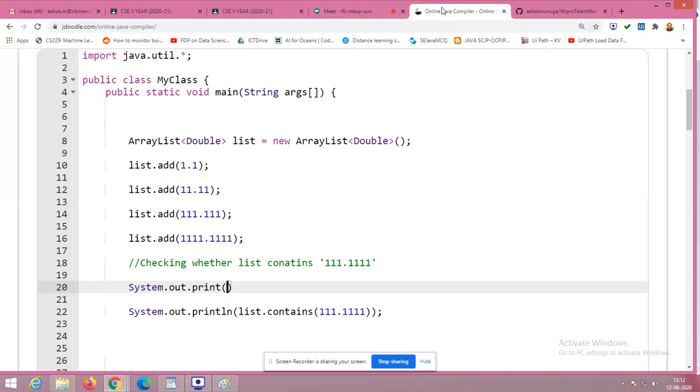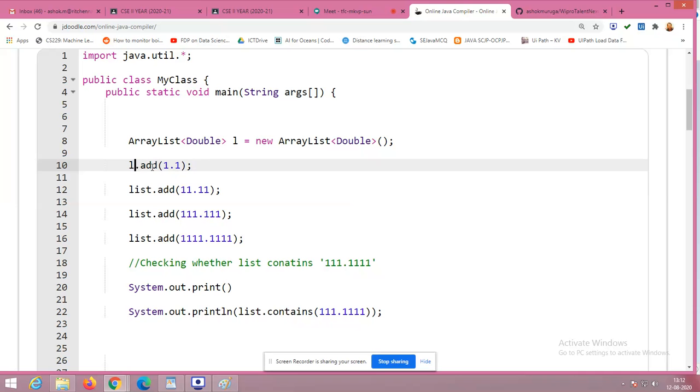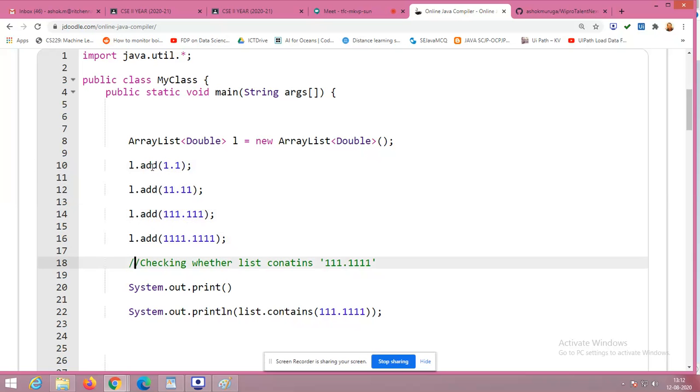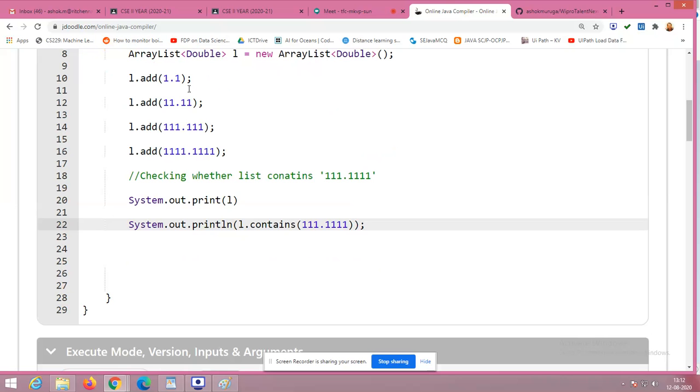See, you don't need to stick on this, right? List, everything. I can make it because conventionally it is giving very good meaning. Instead of that, I could change it to L. So what will happen? Nothing. So change it as L, L dot add, L dot add, L dot add. So finally, I'm going to print my L here. That's all. So I have to check L dot contains. Is it available or not? So this element visibly it is not available to us. As you print the list, next we will see.